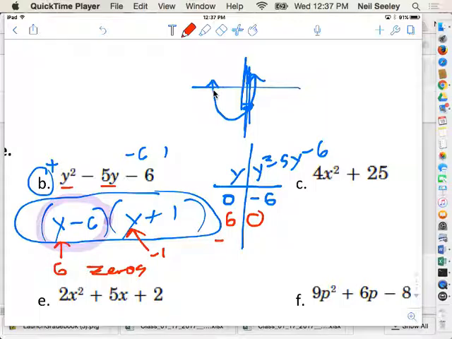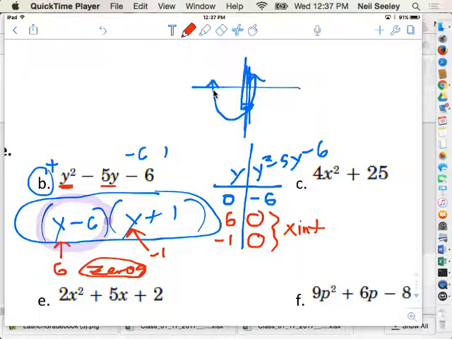So those are the things that I just found relatively quickly, values that are easy to figure out. And the first one, if I put 0 in, it's easy to get negative 6. In factored form, if I put in what are called the zeros, the things that make the factors 0, I get these little outputs of 0. These are like x-intercepts, where the height